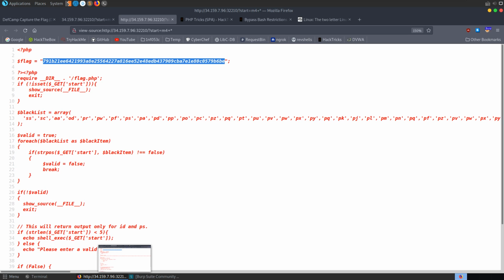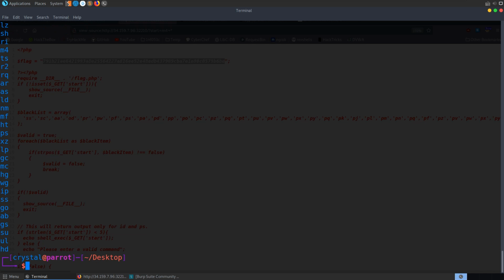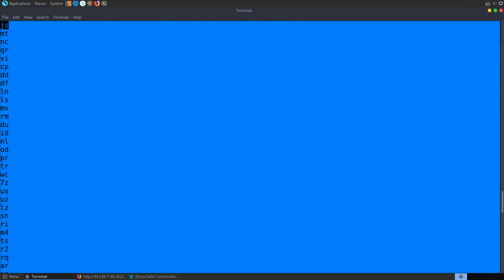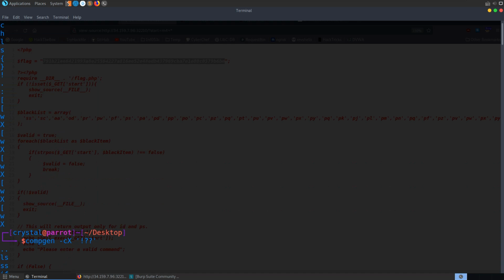Another possible way we could have done that would have been to get all of the 2-letter commands. So we can do compgen -cx, and we can do exclamation mark question mark to get all of the 1-letter commands. We can do 2 question marks to get all of the 2-letter commands. And you see M4 was in there in that list. So we could take a copy of, actually there's quite a lot here, there might be some duplicates. We could take a copy of these,